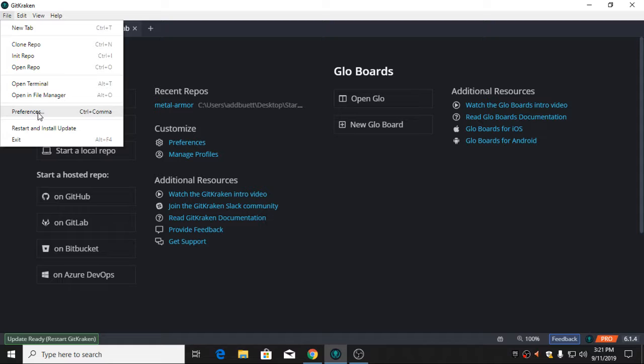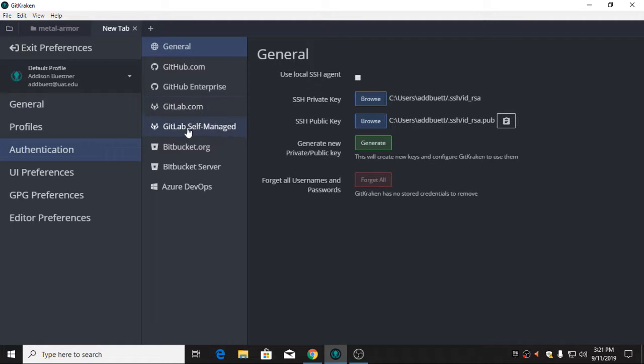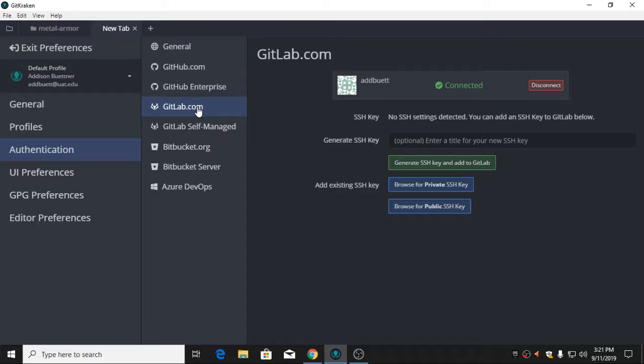In order to do that, we must go into File, Preferences, and under Preferences, we must go to Authentication, and then you can click on gitlab.com. From here, I'm already connected, as you can see, but it will say Connect. Once you do that, a window should pop up through your local browser,